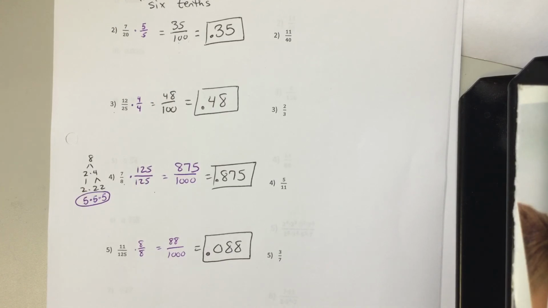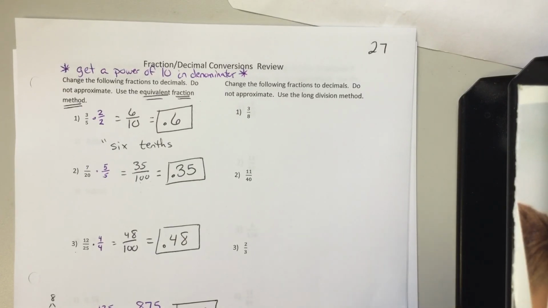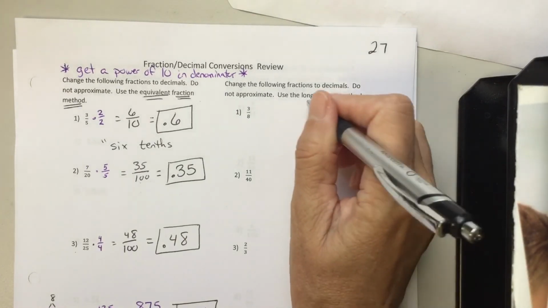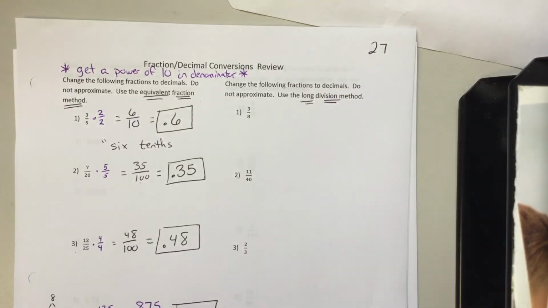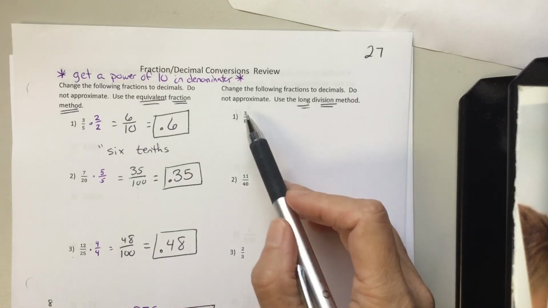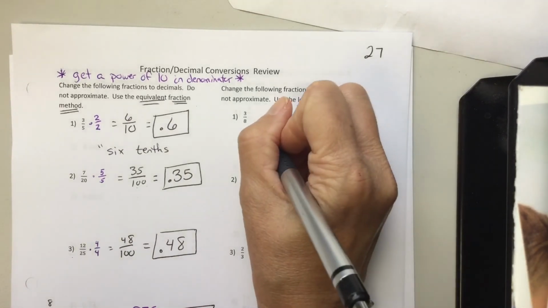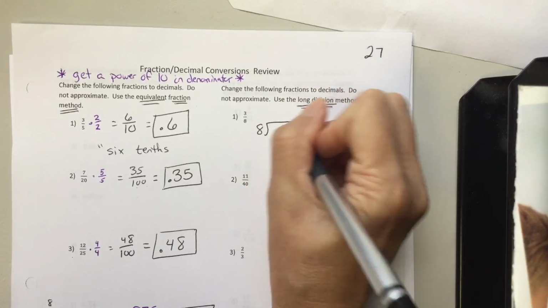All right, so we're not going to do the last one, but let's look over at the other side. If you can't do the equivalent fraction method, or you can't figure out what to multiply by, you can do long division. So I'll do a few of these. I'm going to do the first 4. The trick with long division is make sure you set it up correctly. So if we're dividing by 8, 8 goes on the outside, 3 goes